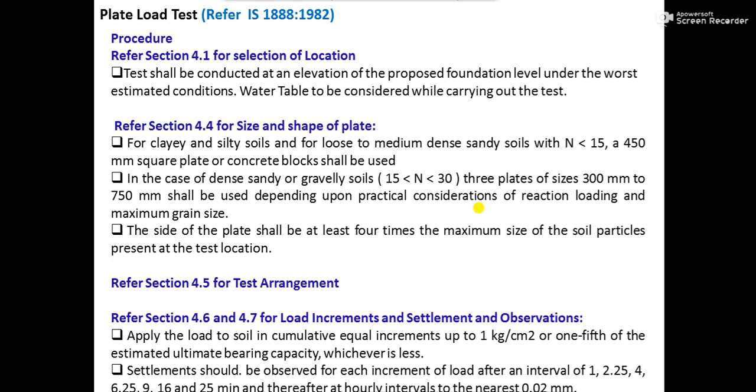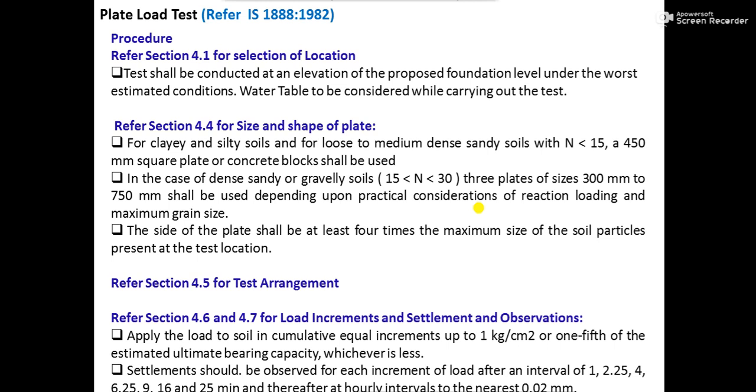If you want to do plate load test, ideally before choosing the size of the plate, you should carry out the SPT at that location. That means the standard penetration test should be done surrounding that location. And if your SPT value is less than 15 for clayey or silty soil, then you should use a 450